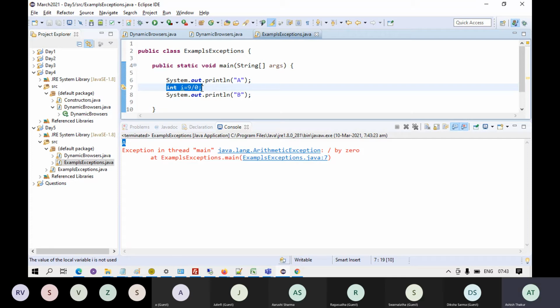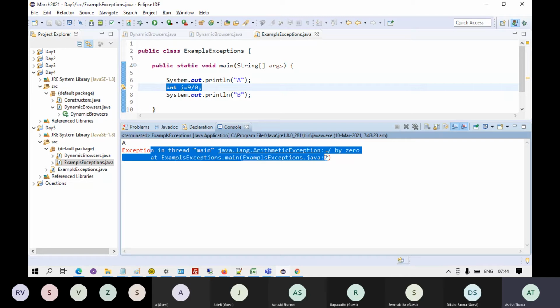At times you would also want to do this because suppose you are clicking on an element and the click is not getting performed on the element. So instead of stopping on that line, you can report that the click is not being performed and you can continue with the scenario in case the click is not a very critical click, that is, without which the flow cannot continue. So at times you get errors or failures in the program. You just need to report them and continue. Over there exception handling helps us.